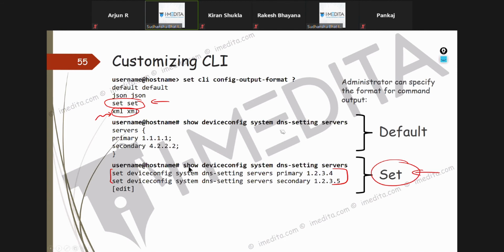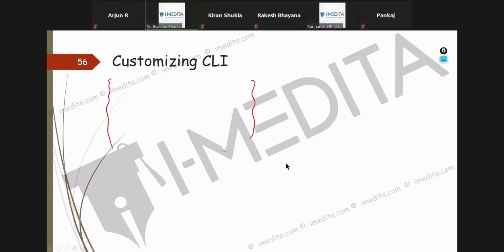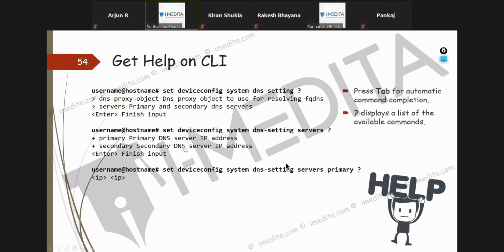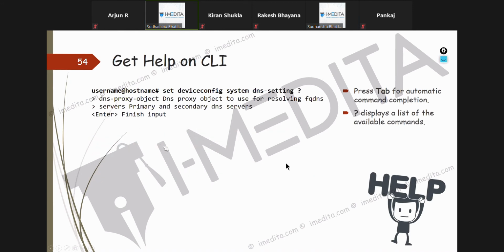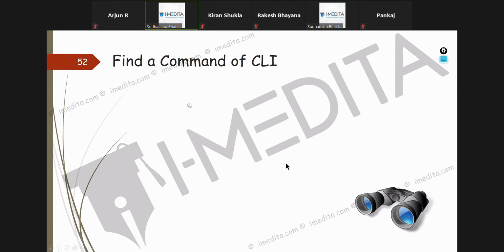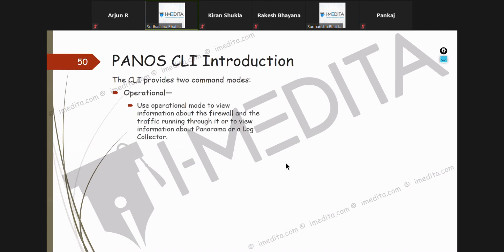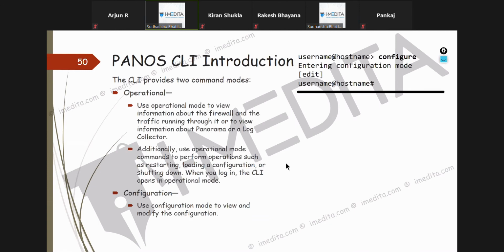Any doubts in this? Now, frankly speaking, for this customizing CLI and getting help on CLI, you won't find many questions on the Palo Alto certification exam. Whatever we discussed, like operational mode and configuration mode, you can get questions like what are the two modes.